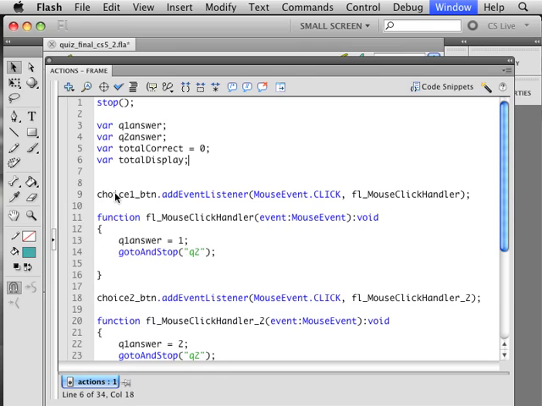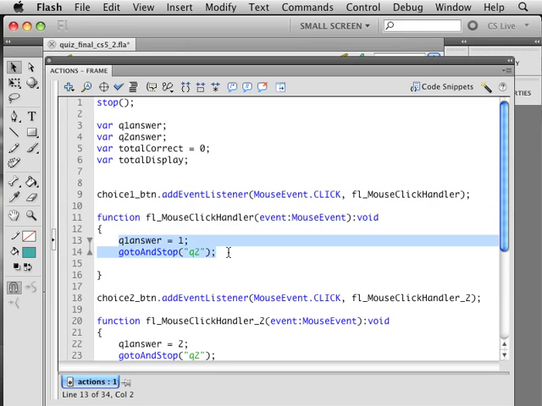And I'd already established an instance name, so choice1 underscore btn. When I highlighted it and double clicked the mouse event for mouse click, it generated this code,